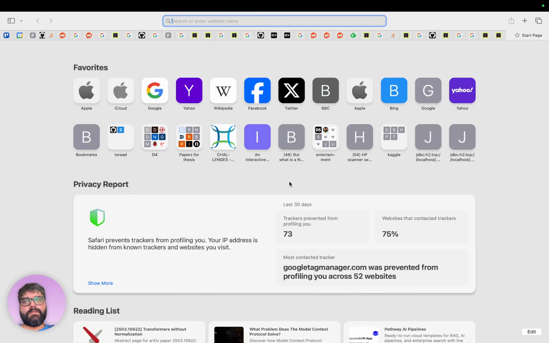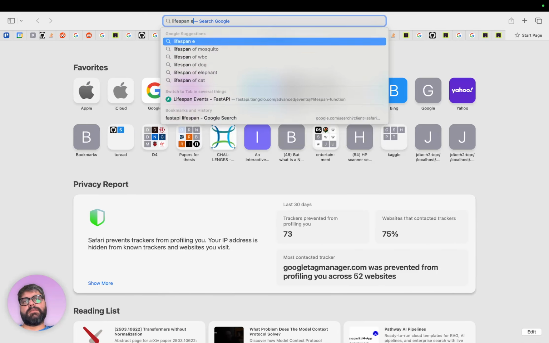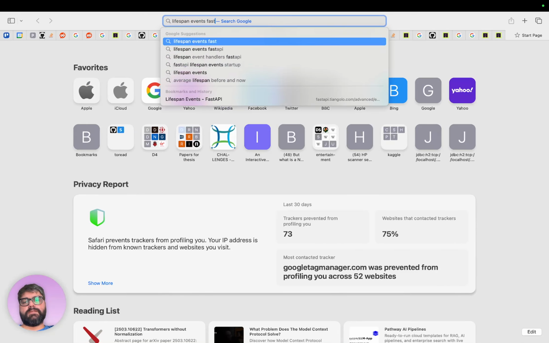I think it was lifespan events, FastAPI.